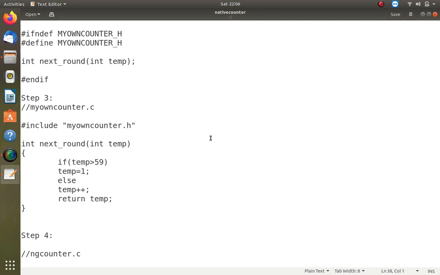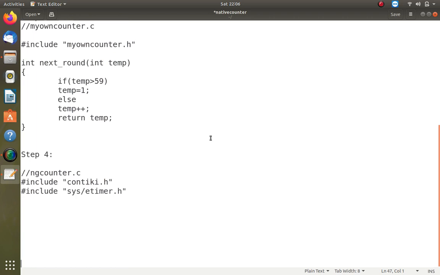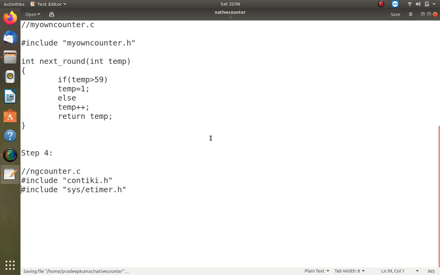First is #include "contiki.h". This is the first line. Then #include, I will be using a timer also, the event timer. I will show you why I am using this event timer. So, event timer.